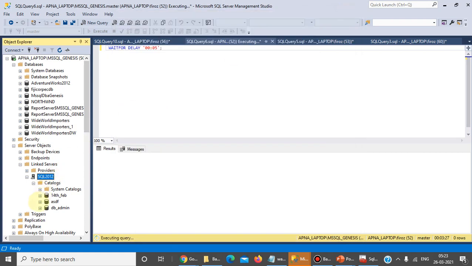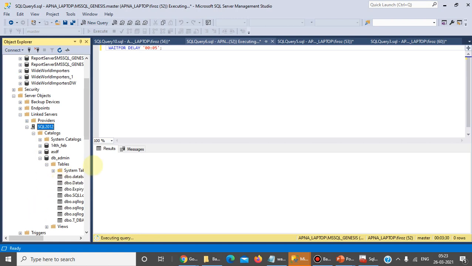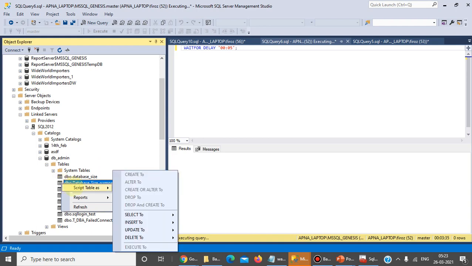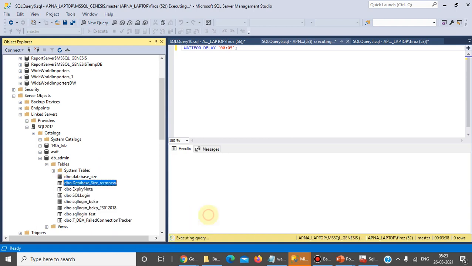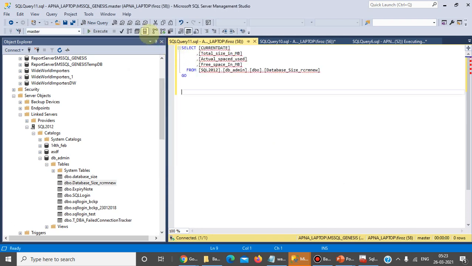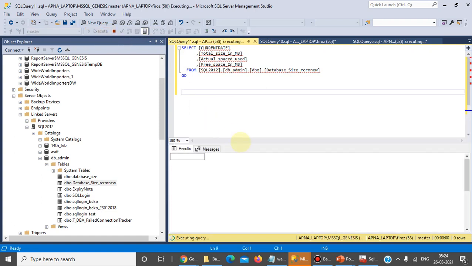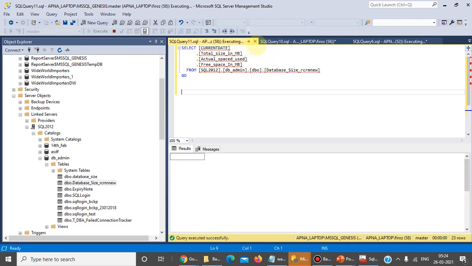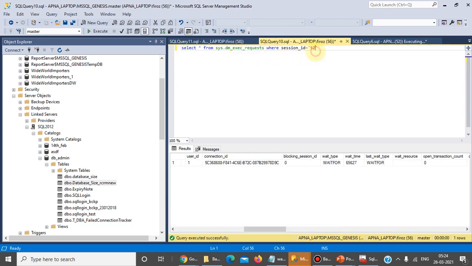By using this, we are selecting some data. It's generating the script. We select the script. Wait for a second. While running this, let's see.